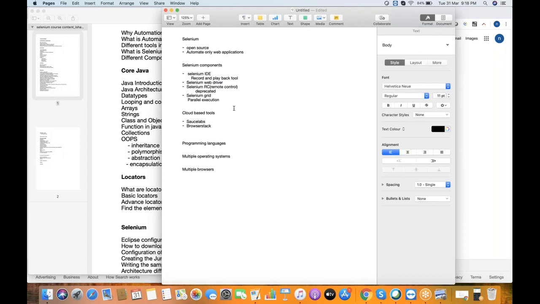After the tests are written in Selenium WebDriver, we use Selenium Grid to execute in different browsers or different operating systems. Is it necessary to install it, or is there a separate setup for Selenium Grid, or is it part of Selenium? Yes, we need to set it up. It's a process to set up.